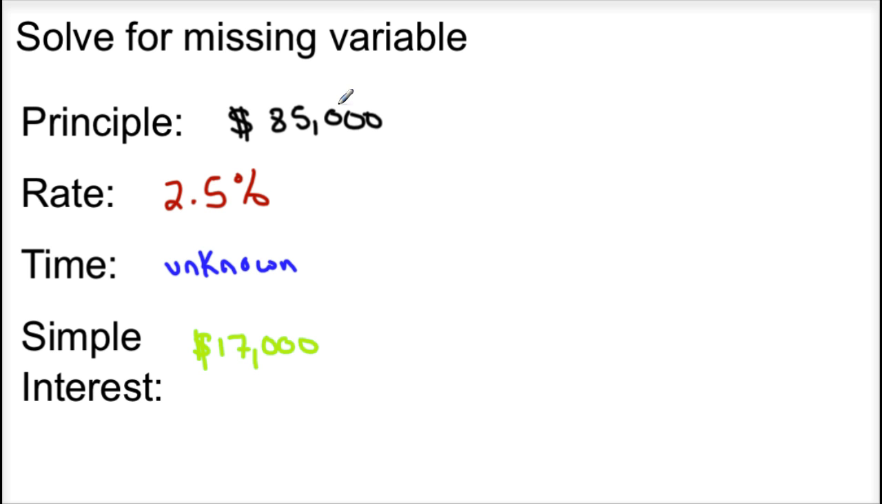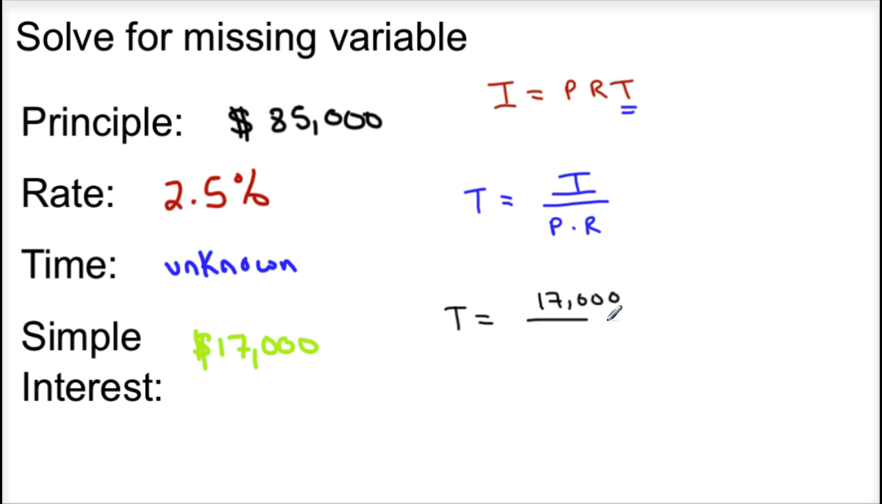So next example, we have principal 85,000, the rate 2.5%, the time is unknown, and the simple interest is 17,000. So again, I'm always going to start with I equals PRT. I'm solving for T here because I'm looking for time. So time is equal to I divided by P times R. So if we just simply plug in, we have T equals I, which is 17,000, divided by 85,000 times